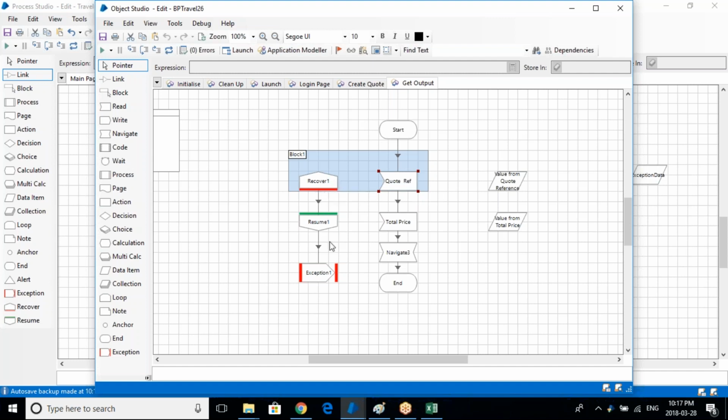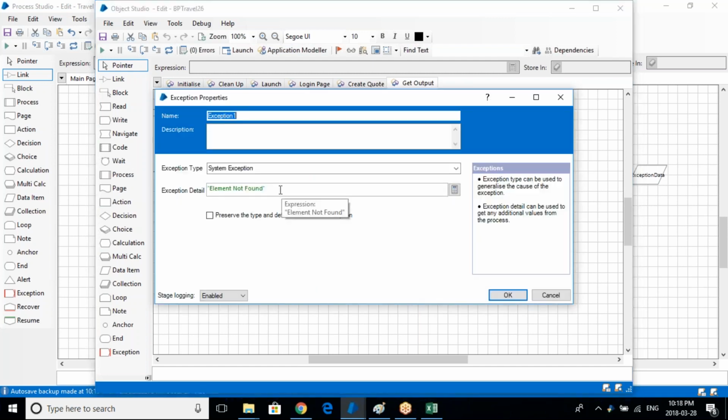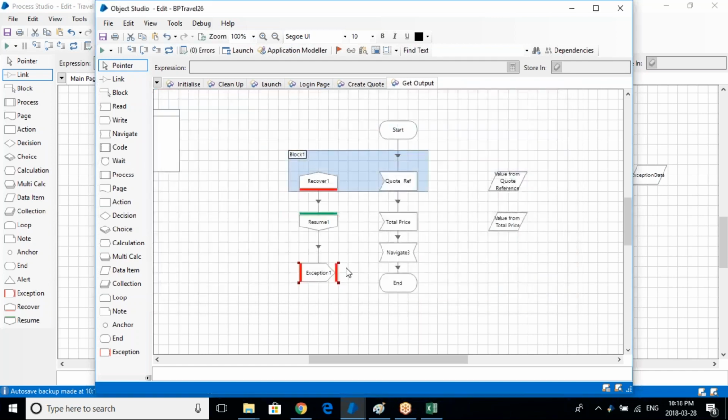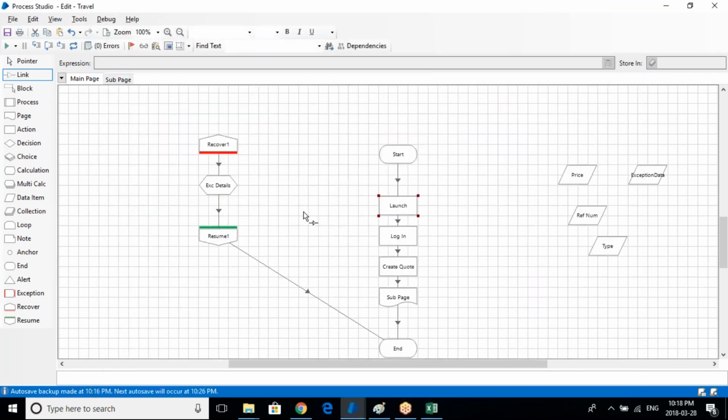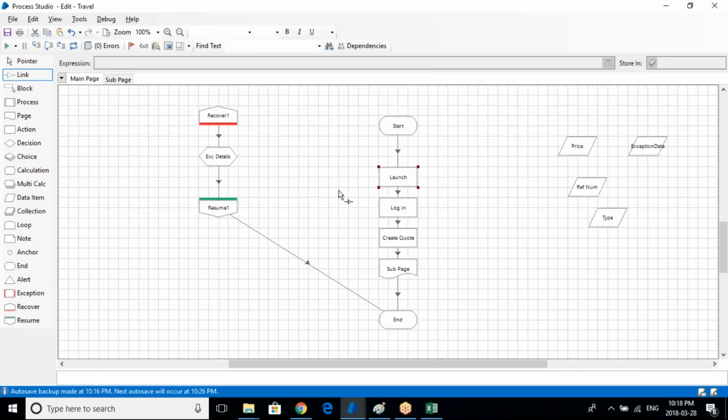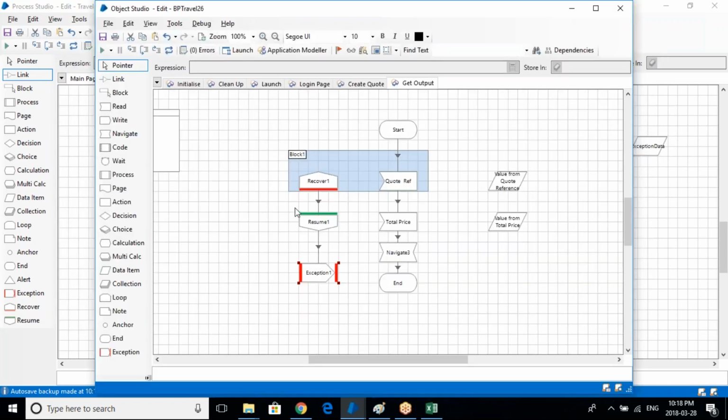Okay, but we wanted some specific value. So what we did, once it captured it and went to the exception state, it found that the element was not found. We have sent that value to this, and this got passed to the main page. So when it goes to the main page, in the output tab, it will capture the value and return it to the exception stage. But if you do not capture this, when it goes to the main page, it will give you the value,